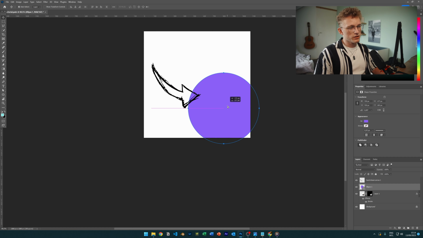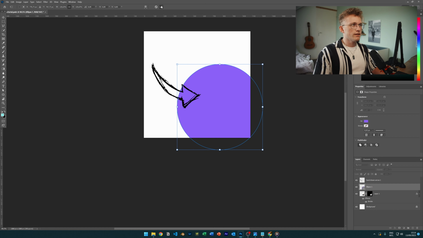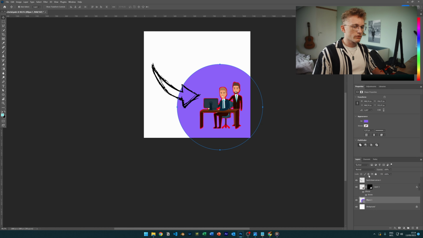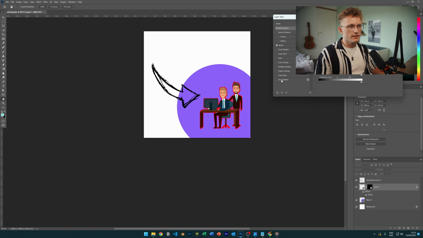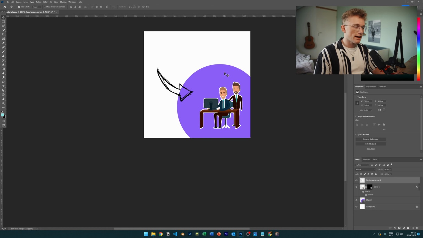What we are gonna do is put this circle in the corner right here, and then move this layer underneath this one, and now they are on top. I'm gonna make the stroke around these two guys white instead of red. There we go, now it's white. Let's make the arrow a bit smaller, and now I'm gonna add two more little accent shapes, and yes, they